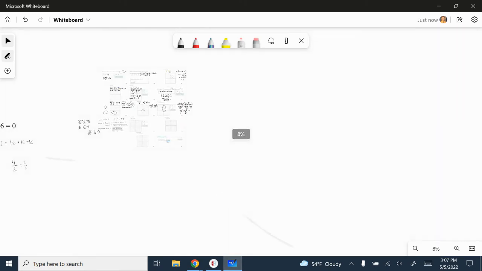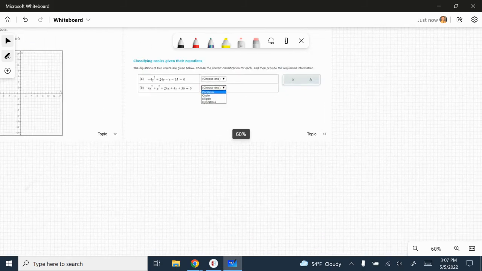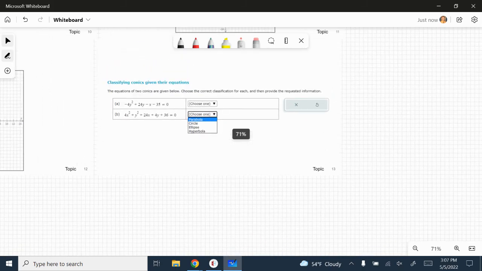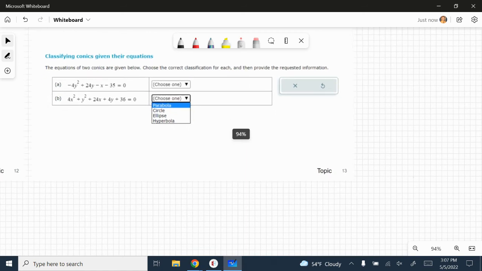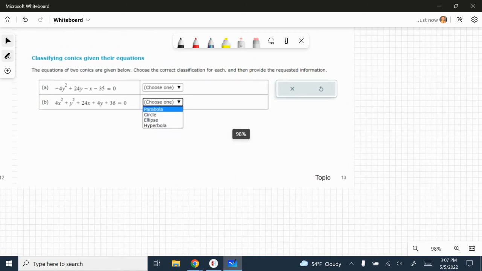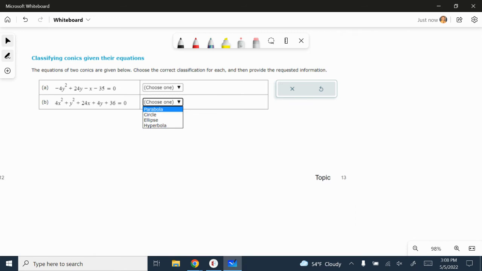So let's go on to the last topic now. The last topic says classifying conics by their equations. Now, I've done a bunch of these, so I might not get into it super deep, but basically they're going to give you these forms, and you're going to have to rearrange and complete the square until you figure out